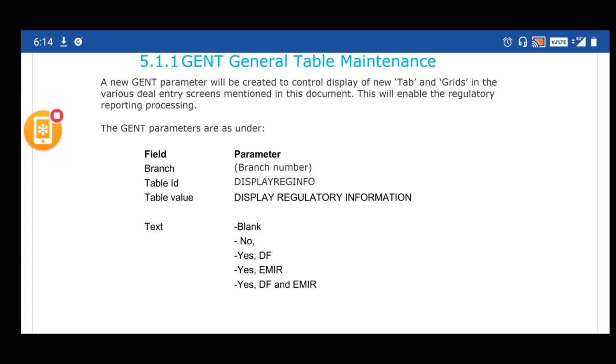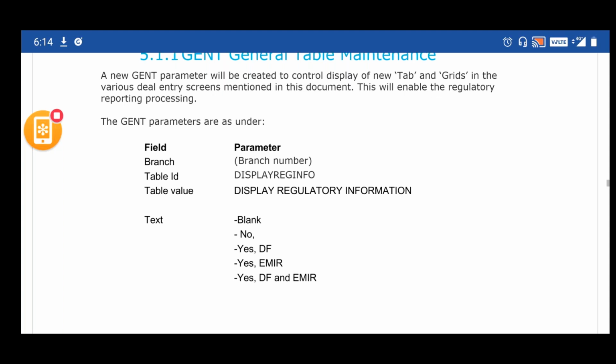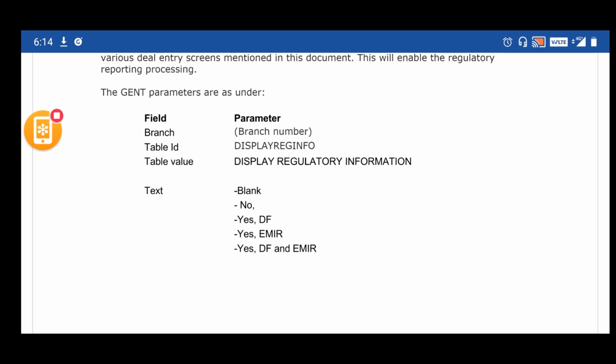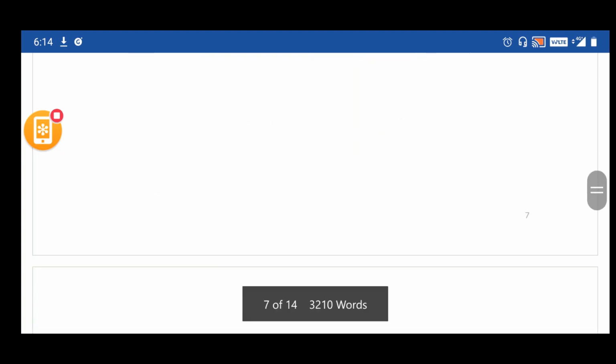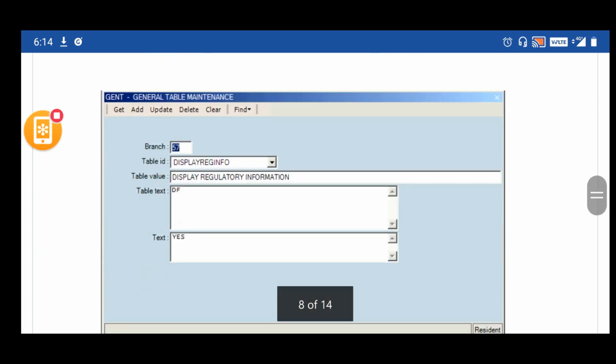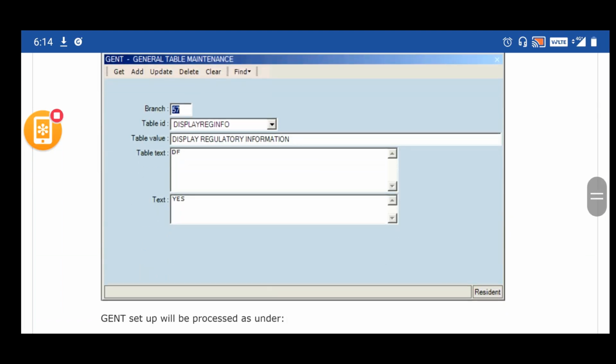Now if you see here, this is one particular screen, GENT, which has the branch, table ID, table value, and table text. Each field has some parameters, so what values each field will take is also defined here. The table text value could be yes, no, whatever.